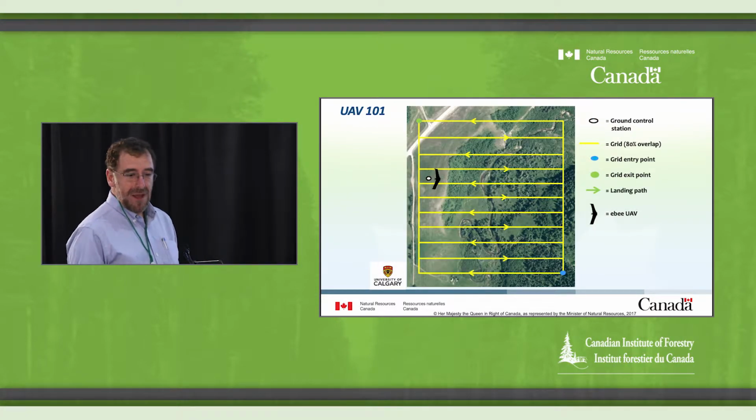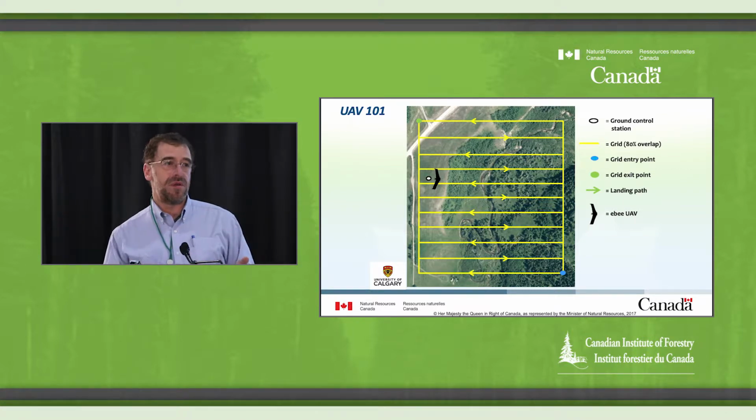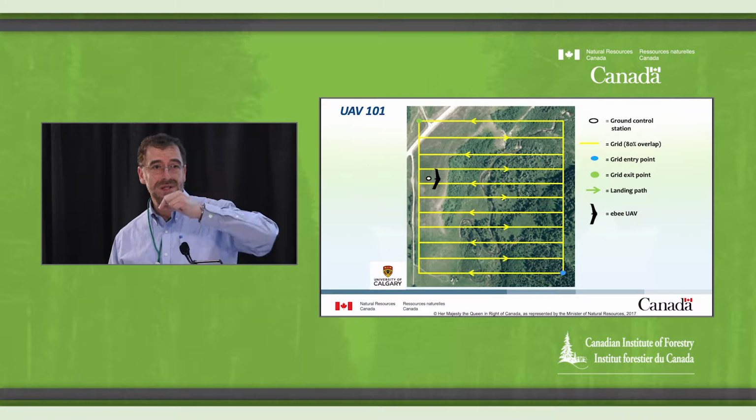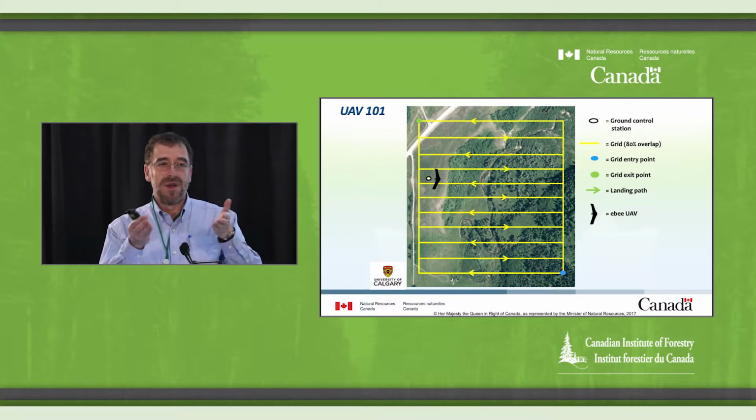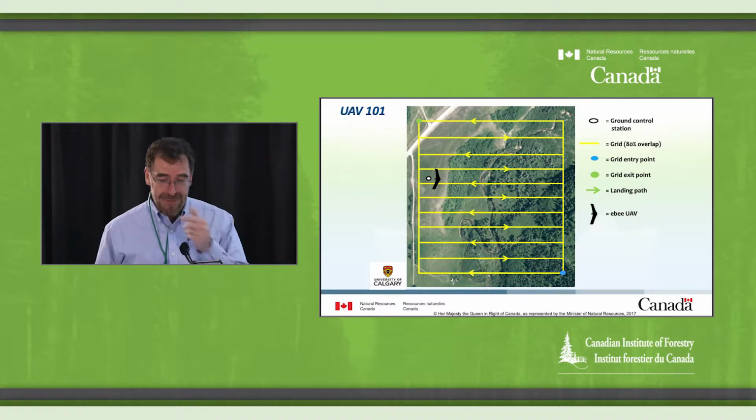So the typical drone acquisition is you in the lab, there is flight planning software. DJI has its own, but there are many. In a GIS, you can draw your lines where the drone is going to fly. The software is going to ask you for what overlap you want and a number of other things, the altitude, etc. So you're going to have that prepared before you go to the field.